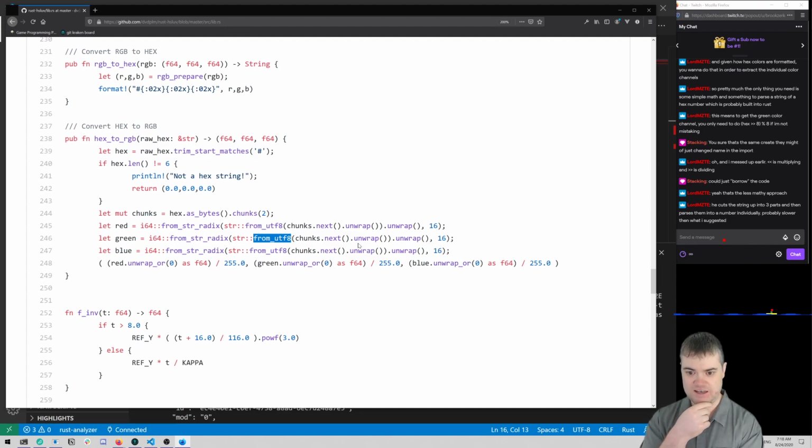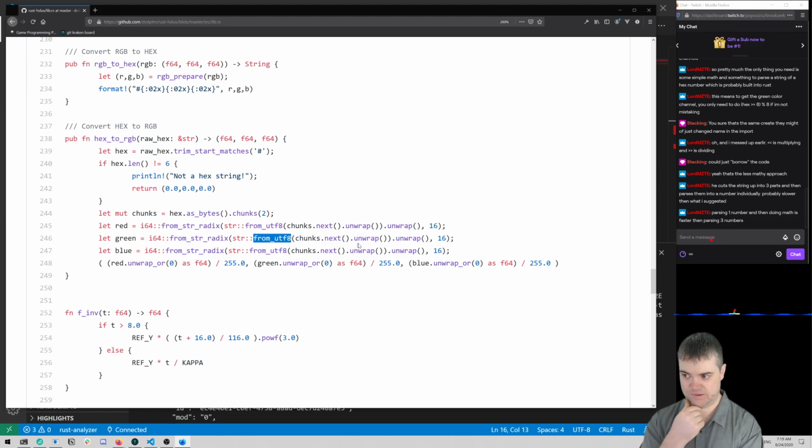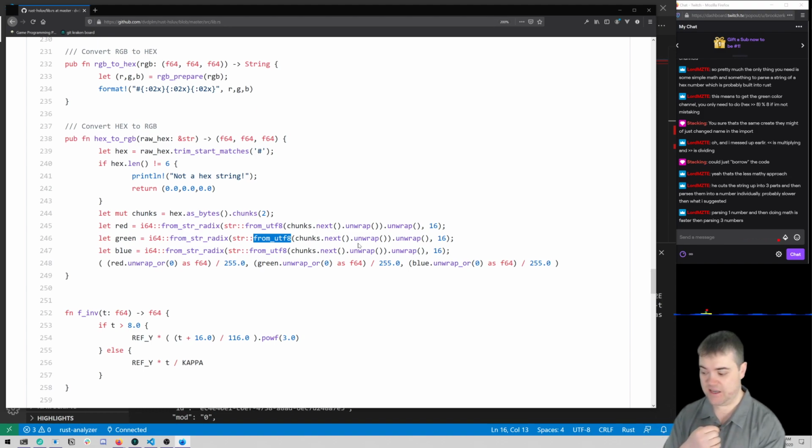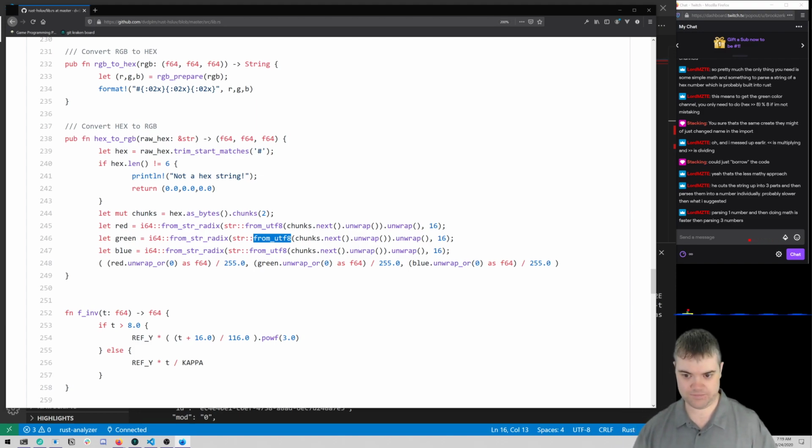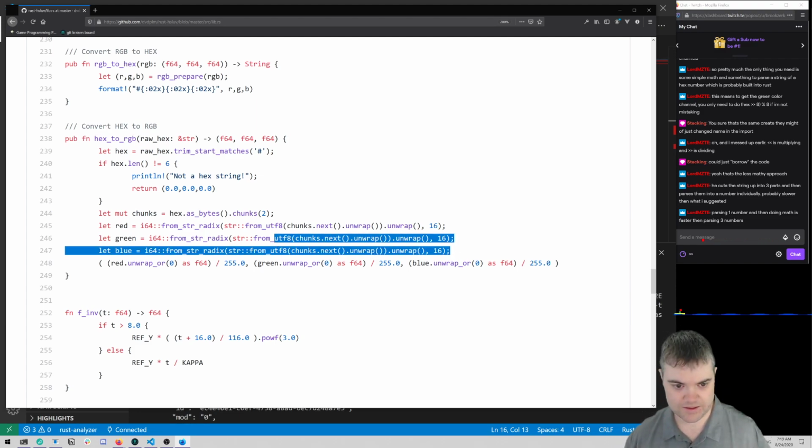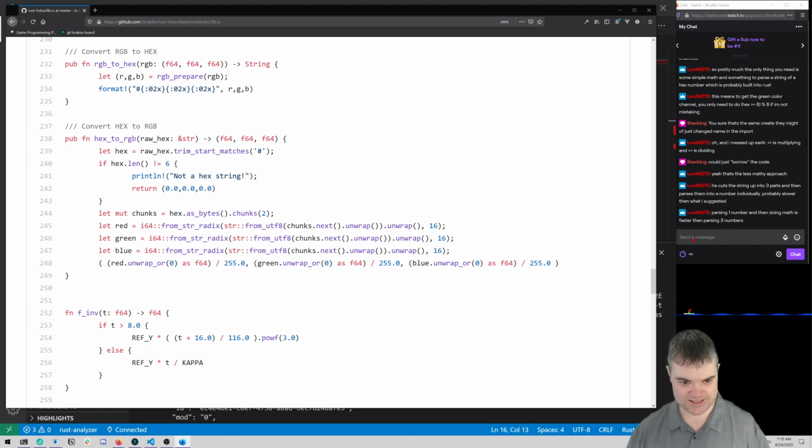Then convert it into f64s. Interesting. Parsing 1 number and doing math is faster than parsing 3 numbers. Yeah, but in the end, if it's fast enough, does it matter? That entire premature optimization thing.